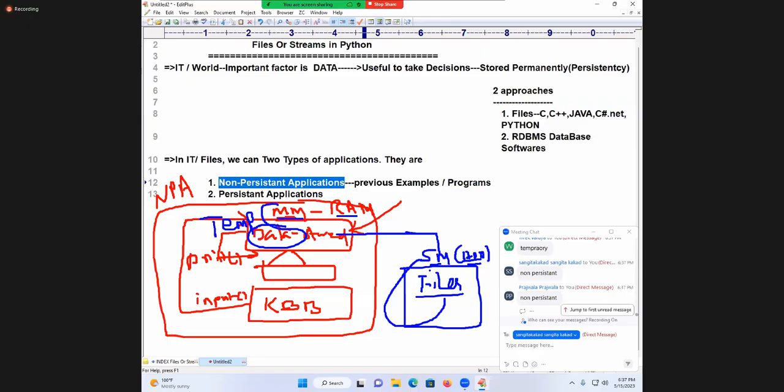Main memory. Every value in Python is stored in the form of what?